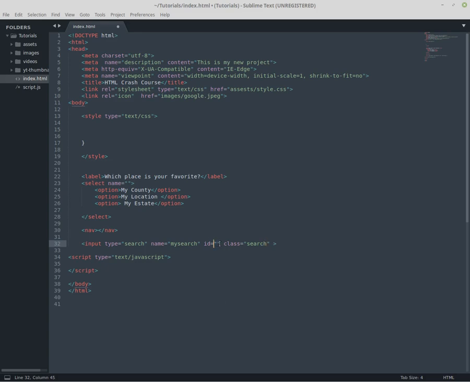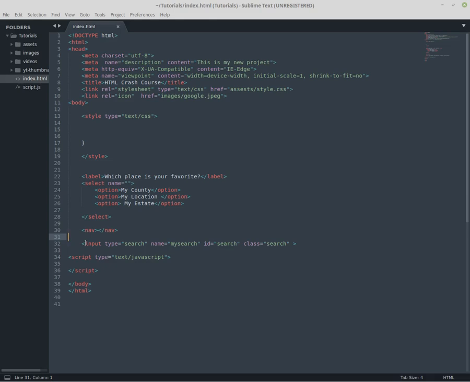I can give it the ID search. The name is used to identify this input tag, such that when we submit this input tag inside a form,